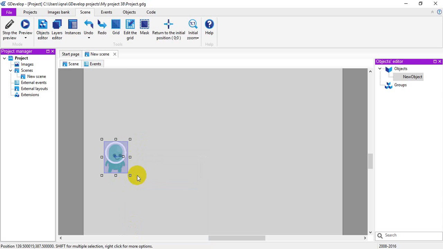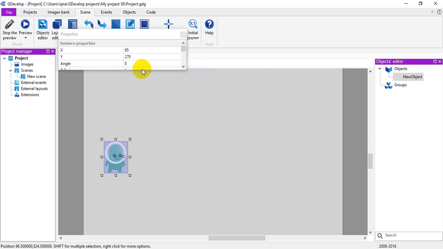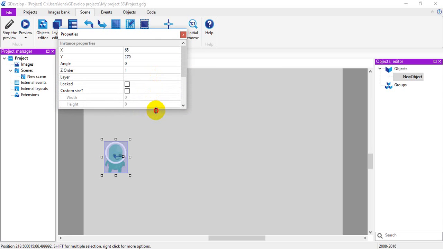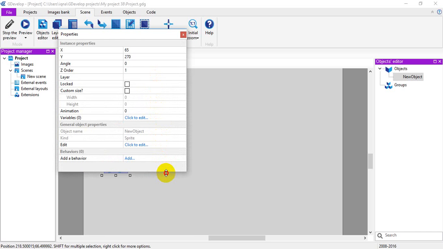We now right click on this object and go to the properties. You can drag this, or you can drag this, so you can see everything. And here we have the position.